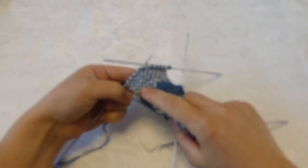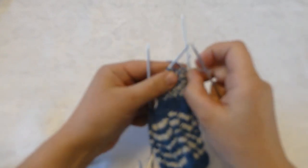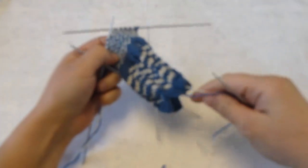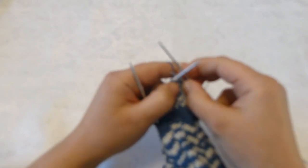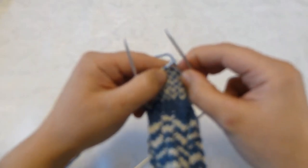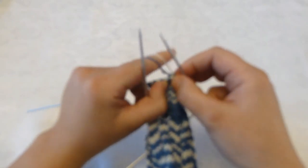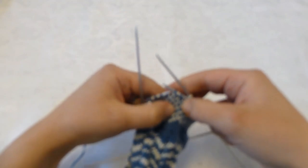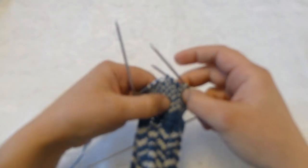Now I have knitted my 10 rows and I will start to shape my heel. And you will start at the beginning of the row and knit 2 stitches. You just keep on knitting the pattern all the way, and you knit 2 stitches. The next 2 stitches you knit together like this, and you also knit the next stitch. Then you turn around